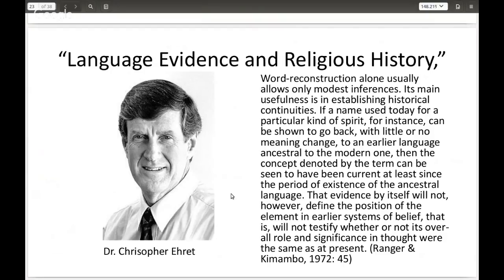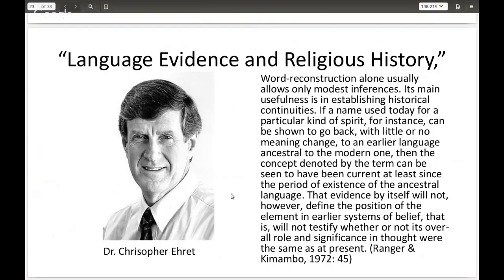"If a name used today for a particular kind of spirit, for instance, can be shown to go back with little or no meaning change to an earlier language ancestral to the modern one, then the concept denoted by the term can be seen to have been current at least since the period of existence of the ancestral language. That evidence by itself will not, however, define the position of the element in earlier systems of belief. That is, it will not testify whether or not its overall role or significance in thought were the same as the present." So basically what he's saying is that,